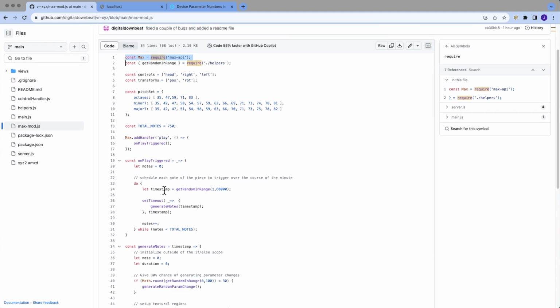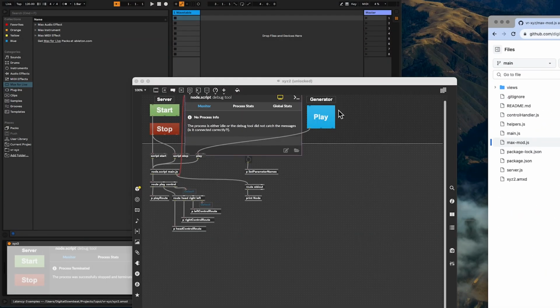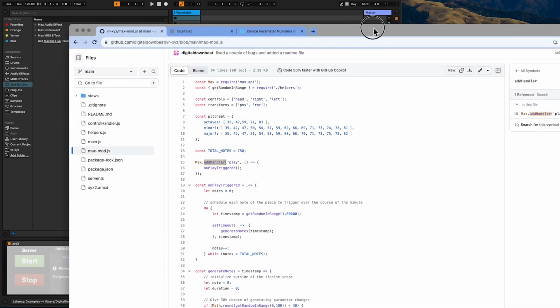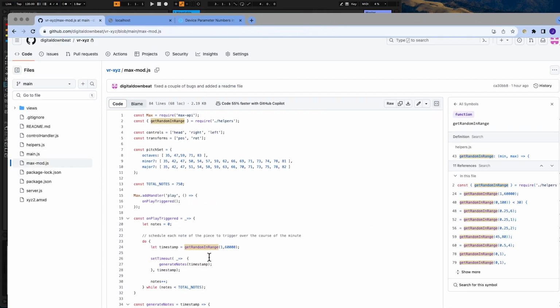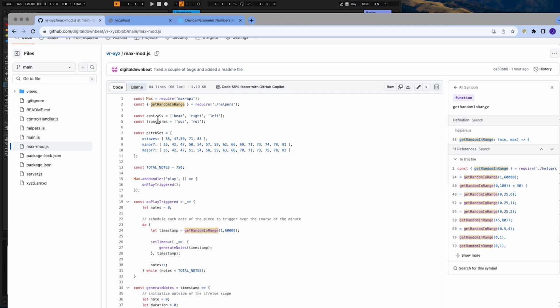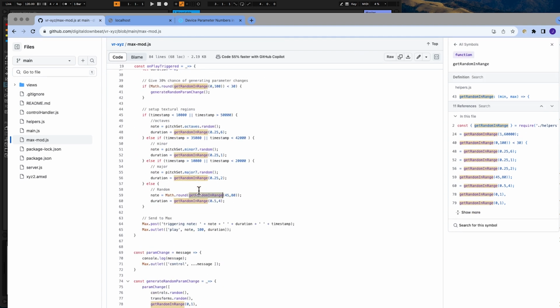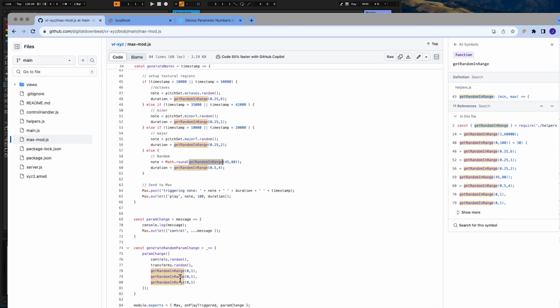So if you look here, this says Max add handler play, and when I hit play, it sends a message into the script that then calls this code and starts executing whatever code that I have. Now for the parameters, we have the 3 controls I showed you: head, right, and left, and position and rotation. If the parameter change gets called, it picks one of the controls at random, one of the transforms at random,